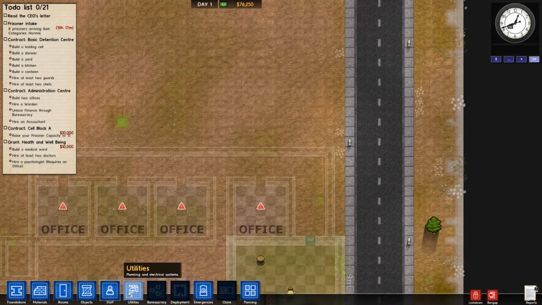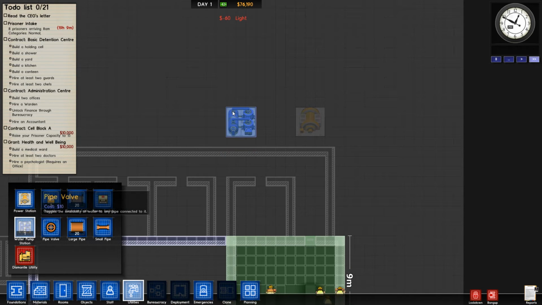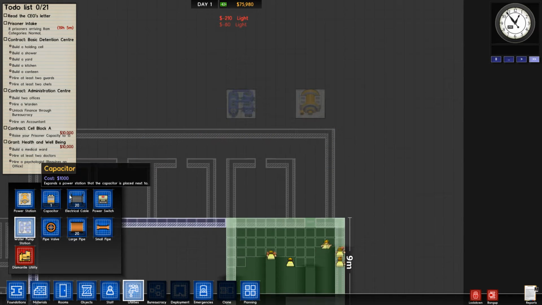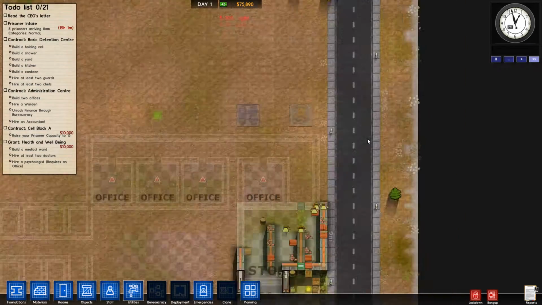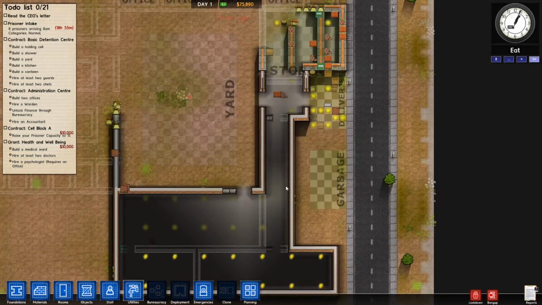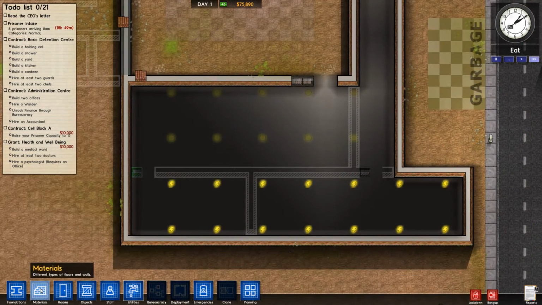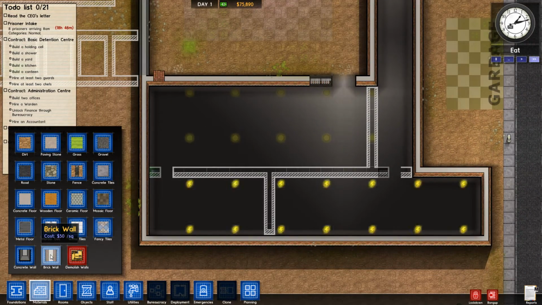Now, while those guys are down there working, I'm going to go ahead and install our power station and our water pump. So these are basically crucial. We will need them to power the entire bloody place. And hello, they're doing a very good job. Look at this. Look at this. So let's go ahead and put in our...